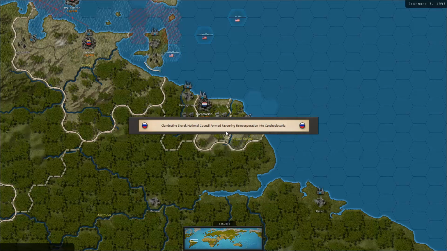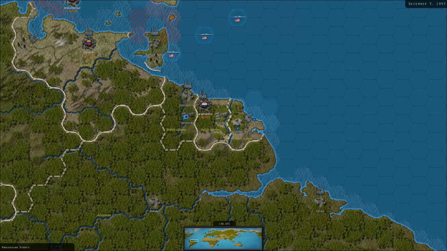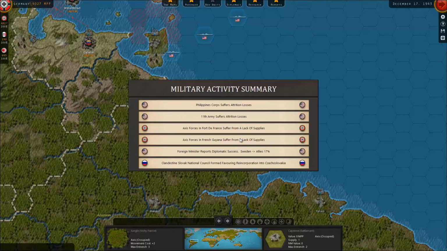The clandestine Slovak National Council formed favoring reincorporation into Czechoslovakia. Well, they can wish that all they want. With the Soviet Union already out of the picture, I don't think that's going to happen anytime soon. I don't think they have the industrial capacity to take me down. So